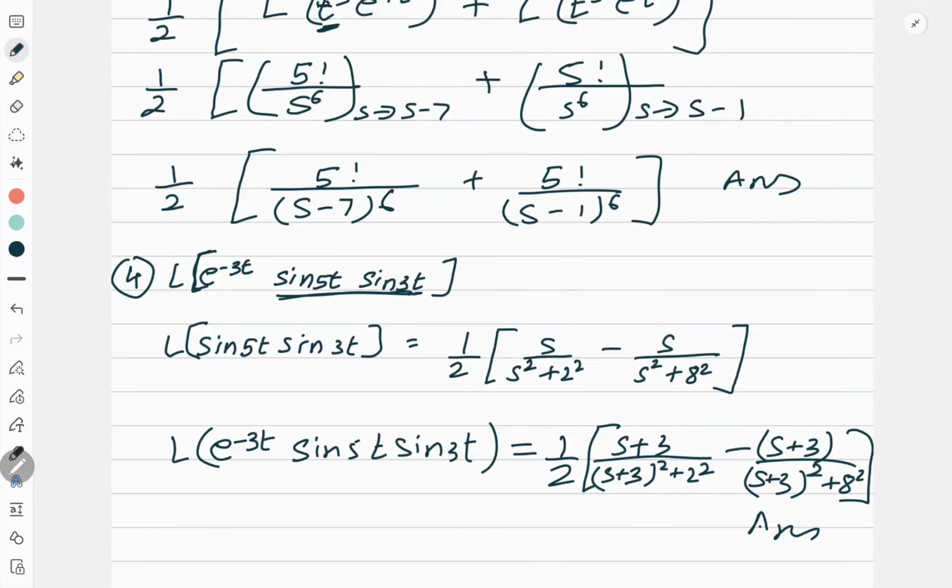So first shifting property is very simple property, right? So in my next video, I'll teach you multiplication by t. That is also very easy. Once you understand the formulas, then all these properties go in a flow. So practice more and more questions so that all properties and all formulas should be on your fingertips.